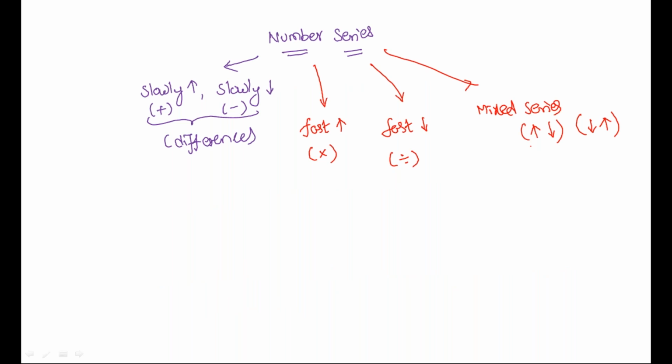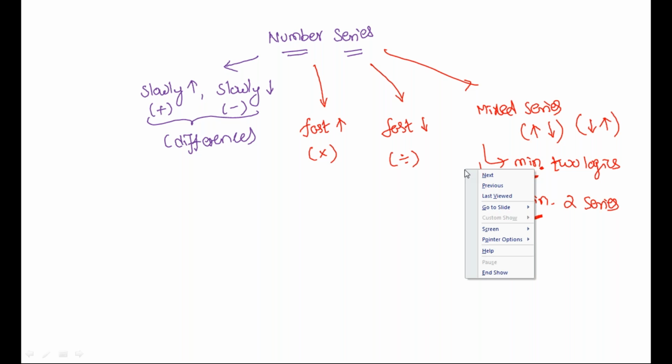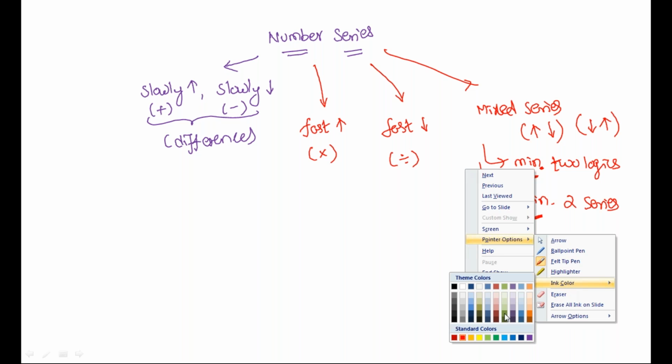If this is the case, if you have increase, decrease, decrease, increase, it's mixed series, then minimum 2 series is there. Minimum 2 logics are available in this, or minimum 2 series is there in the mixed series. We'll discuss how to handle this going forward. But guys, just try to understand that minimum 2 logics or minimum 2 series is there in mixed series. The approach we'll discuss later, but just keep in mind what is happening in mixed series. Now next one,